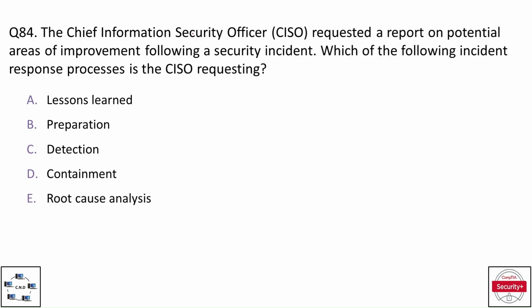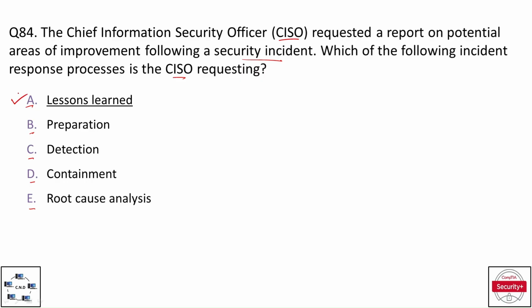Question number 84. The Chief Information Security Officer, CISO, requested a report on potential areas of improvement following a security incident. Which of the following incident response processes is the CISO requesting? And the options are option A, lessons learned, option B, preparation, option C, detection, option D, containment, and option E, root cause analysis. And the correct option is